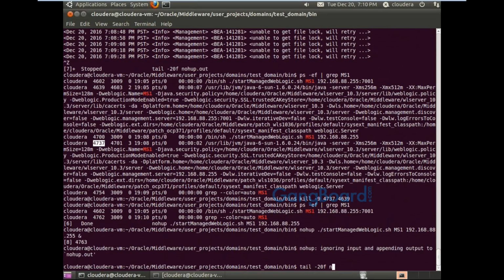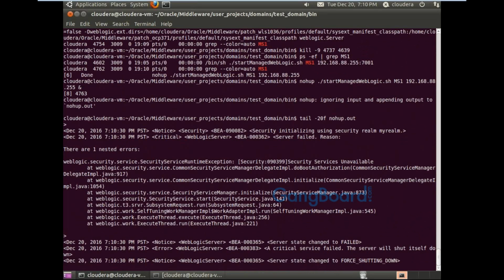It is shutting down the server. Why? Boot, server status changed to failed. Okay, got it.